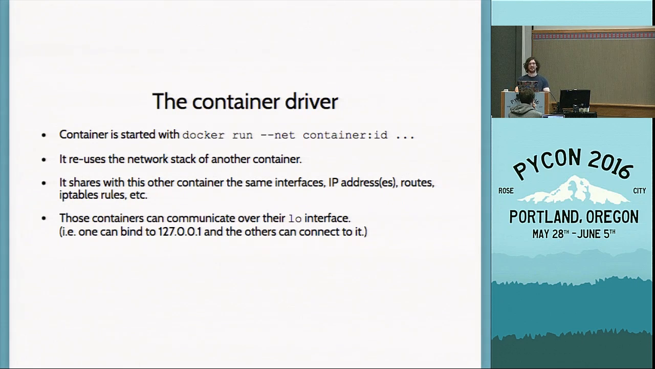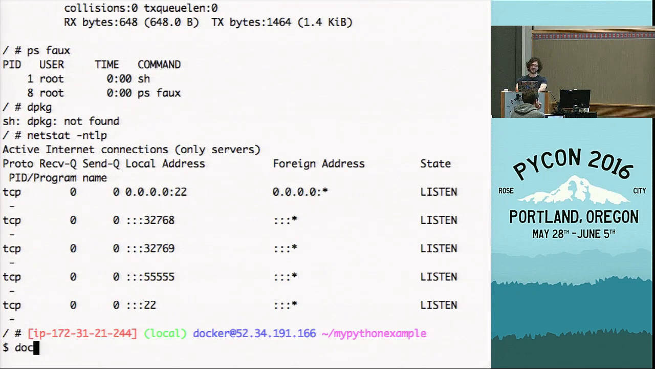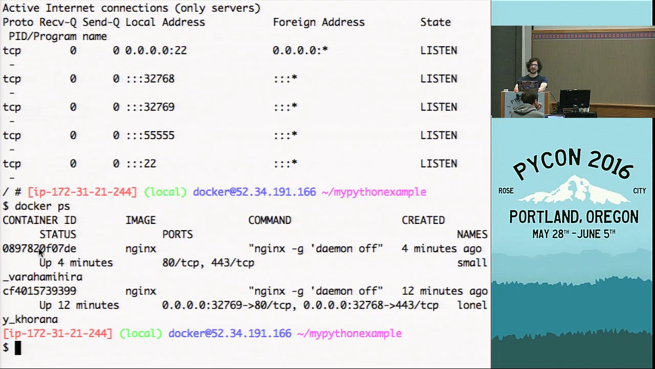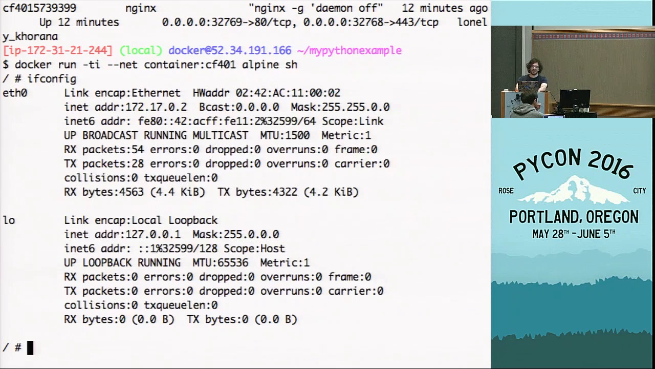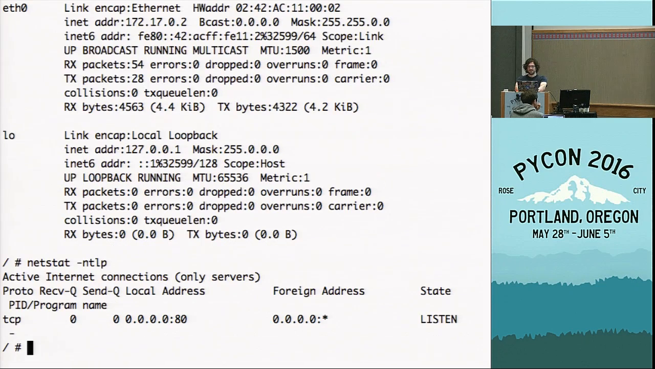Okay. Next, and that one is going to be even weirder, --net container. So with docker ps, I have a couple of Nginx containers up and running. So I'm going to run the same Alpine container, but I put --net container, and the ID or name of an existing container. Let's say CF401, that's the ID of this Nginx container. I do ifconfig. It looks like I'm within a normal container. Everything is fine. Now, if I do netstat -ntlp, it's telling me that there is something listening on port 80,